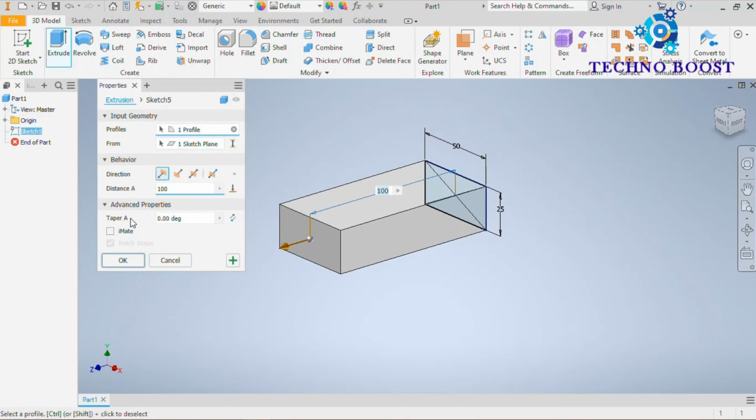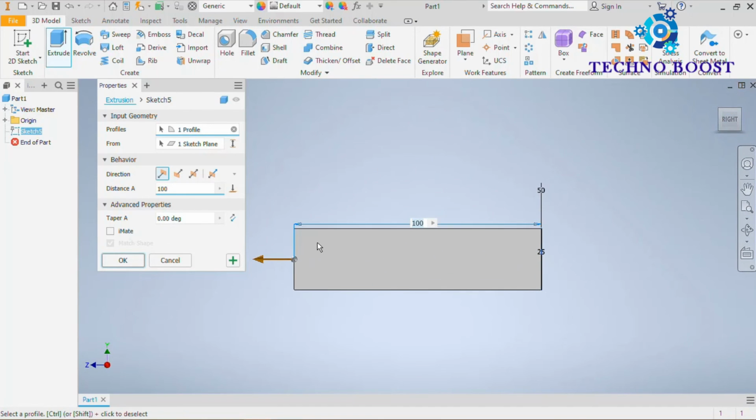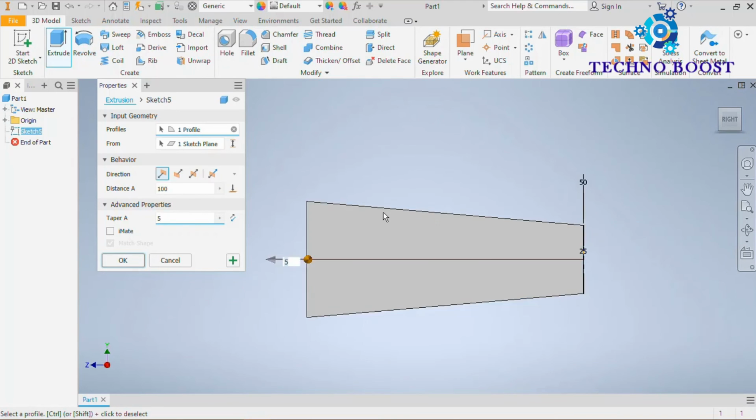and here you can see taper A. It means it will give an angle to the direction. Here you can see throughout it has the same cross section, but now it will have some angle. Suppose this is 5 degrees, you can see, and if you want to reverse the direction, click on flip.